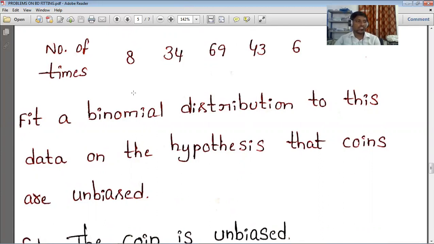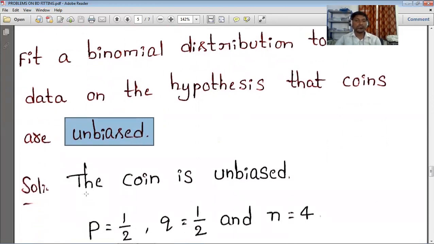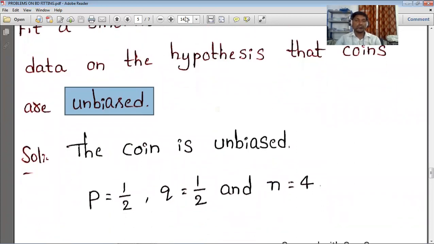Okay, if you are tossing a coin, how much possibility for heads? The same amount of possibility for tails. So unbiased is nothing but equal possibilities for heads as well as tails. So first, we simply wrote the coin is unbiased. So for that, we write P is equal to 1 by 2, Q is equal to 1 by 2,